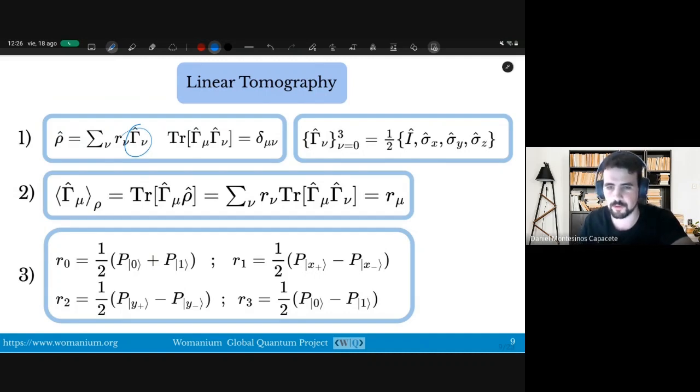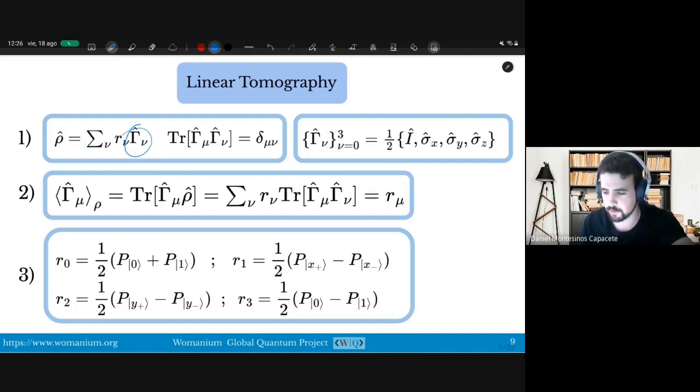Remember that when talking about vector spaces, square matrices can also be a vector space. So if you have a basis of matrices, you can write any square matrix. In this case, a 2 times 2 square matrix, which might also be a Hermitian matrix,